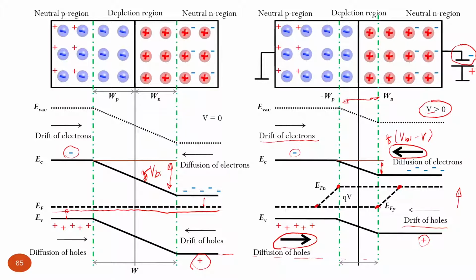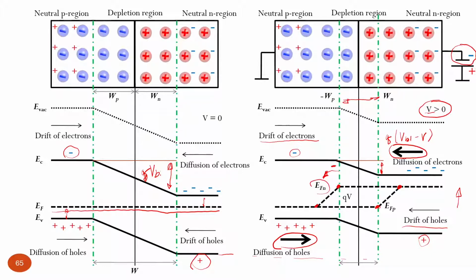So we inject minority charge carriers in this region, like here. Electrons are injected here, and that's why just right on the interface the concentration of minority charge carriers is quite high, is determined by this